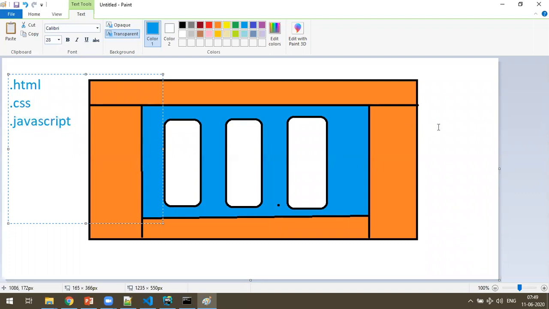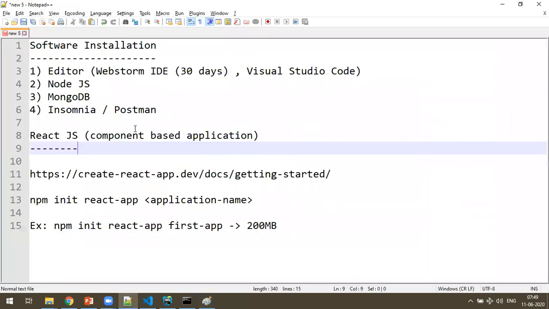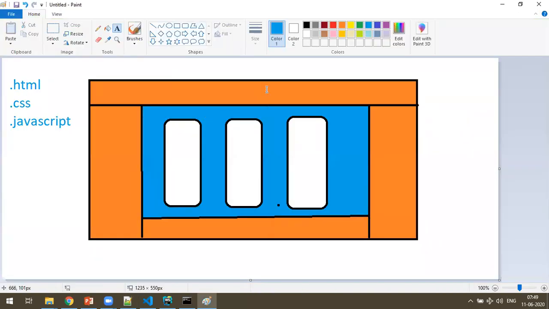But what is the React.js approach? Actually, why React.js has come to the market is whenever your application becomes complex, because nowadays every front-end application is becoming very, very complex, because they want everything on the client side. So React.js and Angular came into the picture because they wanted to simplify application development.